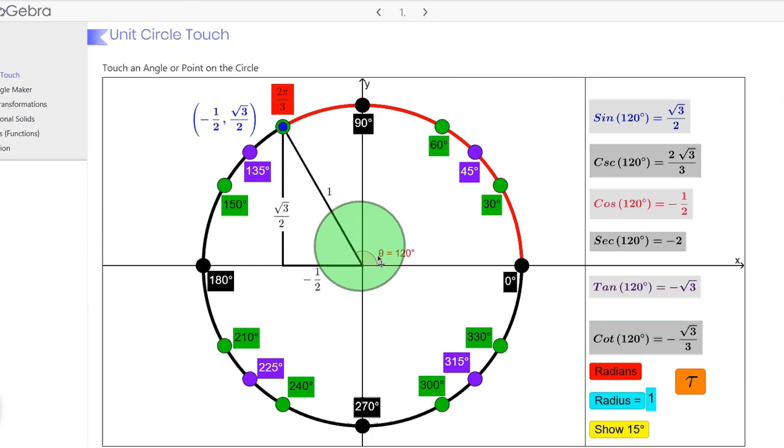Can you have a right triangle at 120 degrees? Well, yes, you can. The angle itself, 120, tells you exactly where to draw your triangle. After you start here, we know the starting point is 0 degrees. After you go over 120 degrees, you then draw a triangle here. In terms of the right triangle, the 120 tells you to start down here, which is your reference angle,